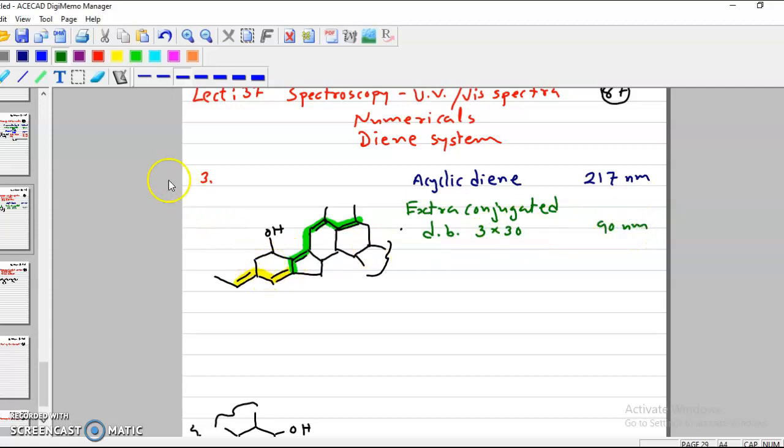Now next one we'll have to see exocyclic double bond. So first of all, let us give the names to these rings: A, B, C and D. Now the first double bond of the system is this one, and it is exocyclic for A ring. So 1. Now second double bond is here, which is exocyclic for B ring. So this is also exocyclic. Third double bond is here. It is in B ring, but it is exocyclic for